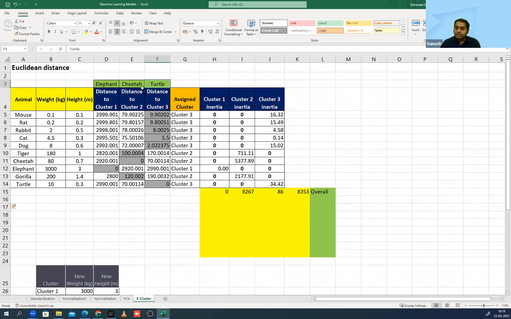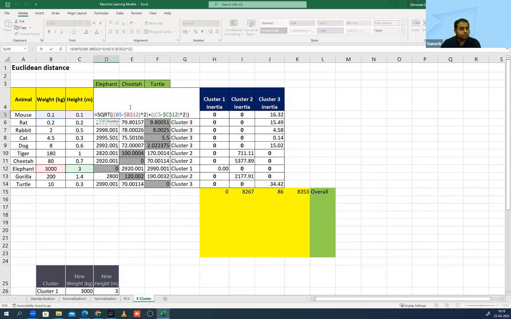So everybody is clear. Now look at the calculation. This is there in your book. What is happening? Look at this. B5 means this weight minus the center. For the first cluster, what was the center? Elephant. So the weight of elephant becomes the center data point, meaning that becomes the average of that cluster. Do you realize I am finding the deviation from the average?